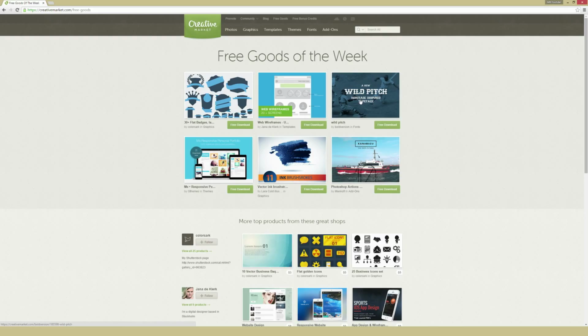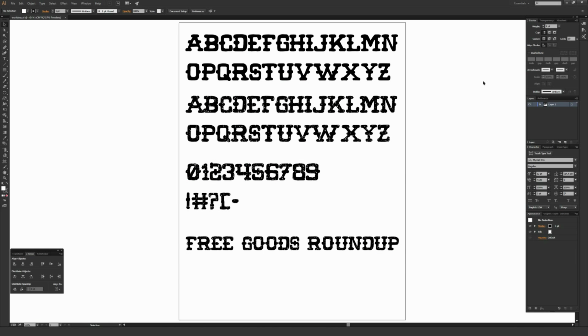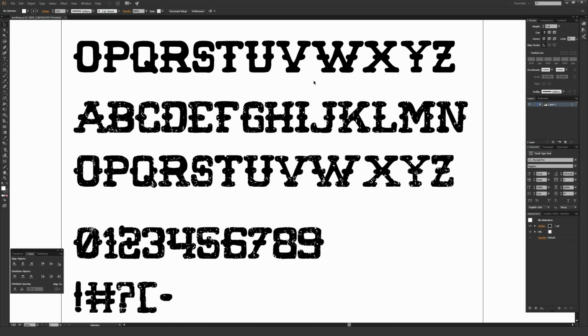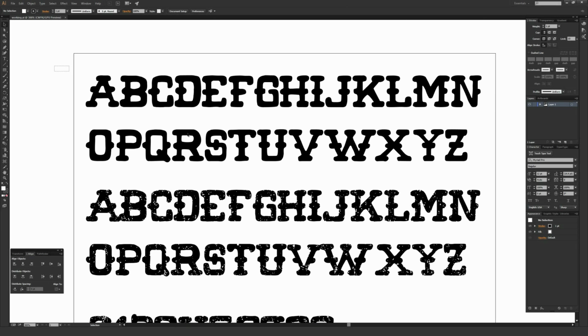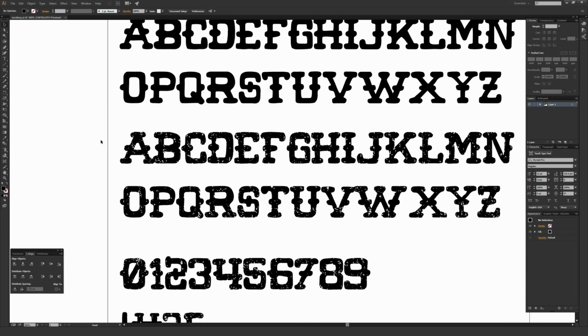Next up is Wild Pitch, which is a font. This font is provided in OpenType font format, and I have it opened up inside Adobe Illustrator here to show it. And all the letters included are caps, but if you type in lowercase, you get the version without any texture, and if you type in uppercase, it comes with a secondary version that is textured just like what you